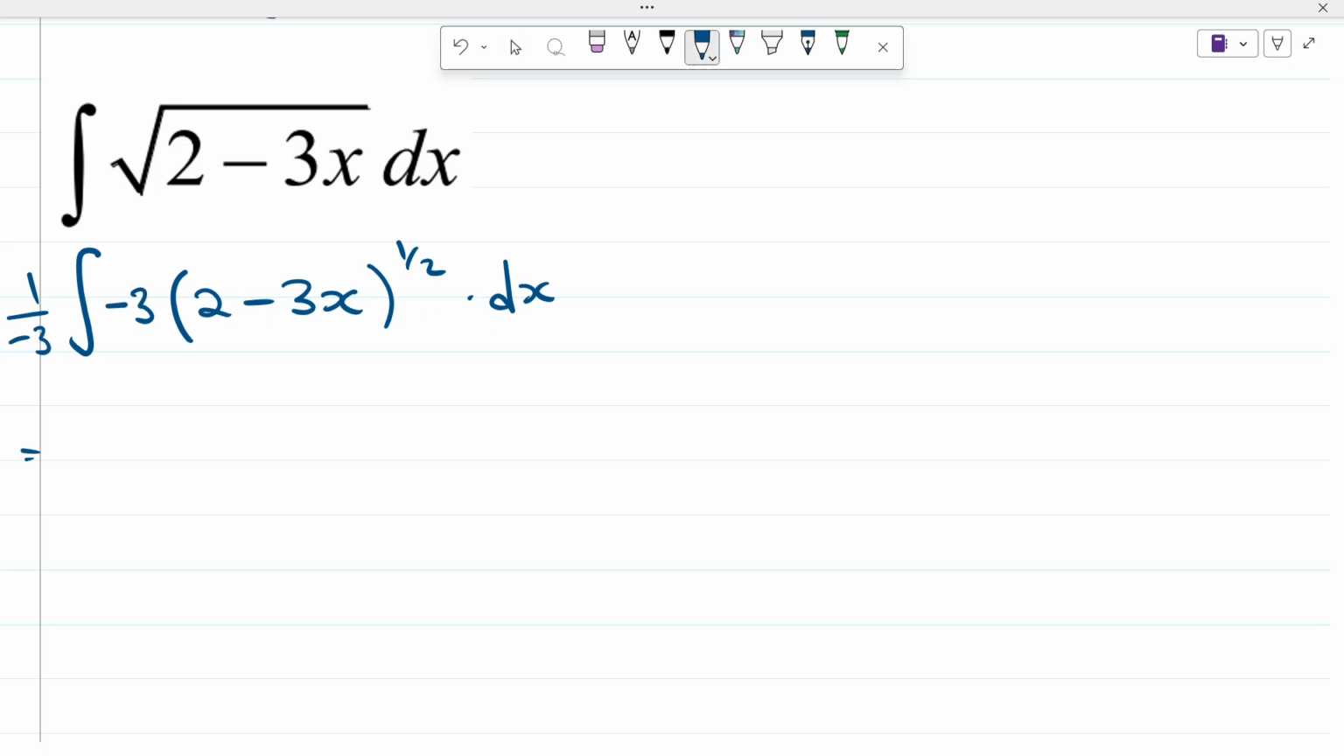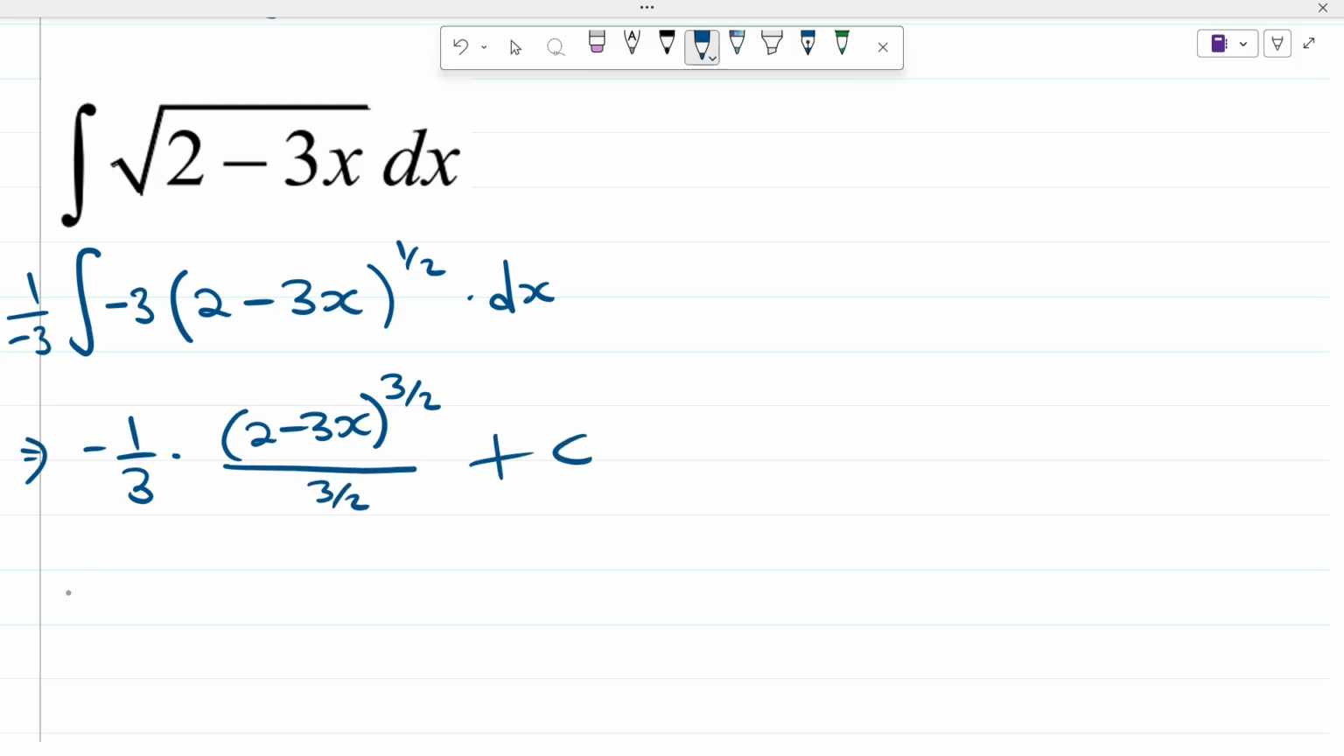So the answer for this is just going to be minus 1 over 3, which is the one that is outside there, and then you apply the general power rule. That's going to be 2 minus 3x to the power of a half plus 1, that's your 3 over 2, divided by 3 over 2, plus c. And then of course you can